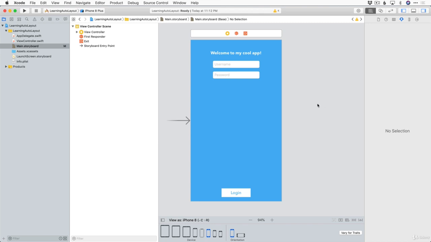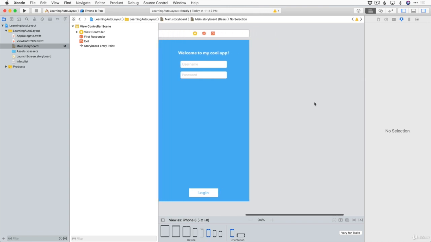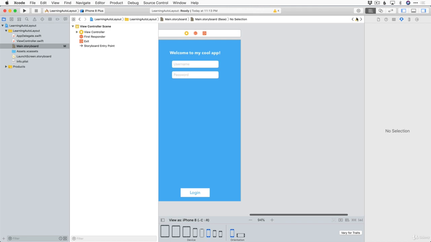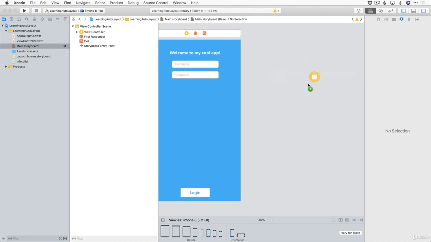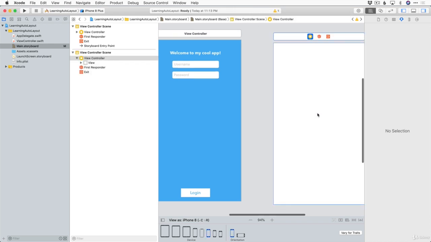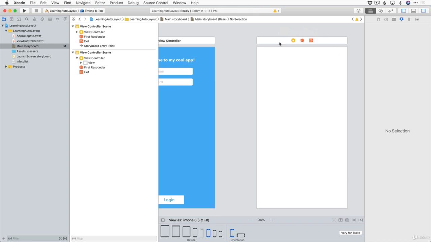All right, so let's leave our login screen alone for now, and we're going to drag in a new view controller. So go ahead and open up your object library, and we can drag in a view controller and just plop it right there. Alrighty, so this is where we're going to be doing some testing and learning here in